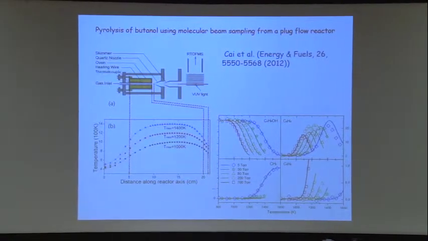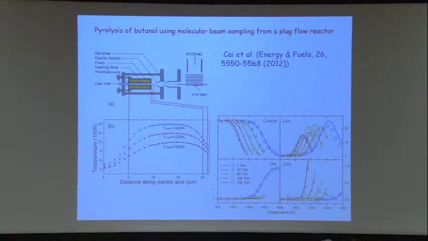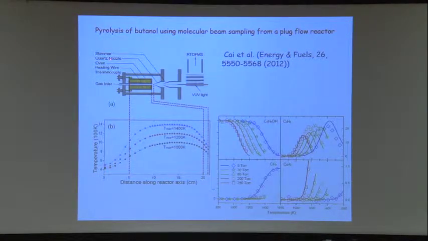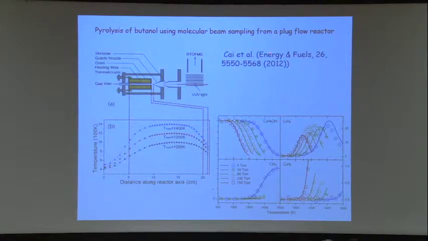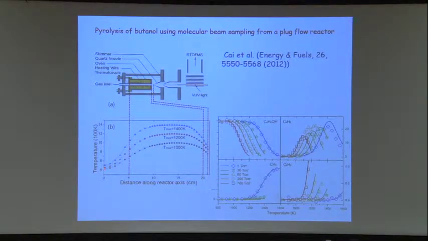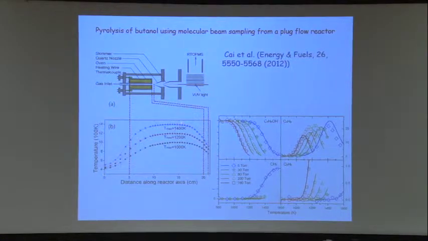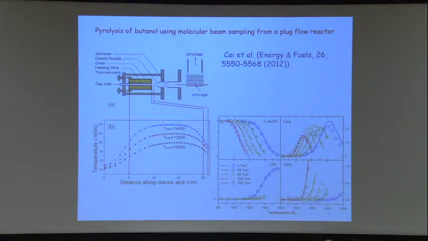And then this is a different sort of flow experiment. This is looking at the pyrolysis of butanol. This is done in China at NSRL. And what they've got is a heated vessel here. And this is the temperature as you go along this cell here. 1000 K, heat it more, 1200 K, 1400 K. So the temperature isn't constant throughout the cell, but it's well defined and it's measured as you go along this cell here. And so the butanol comes through here, dissociates, and then you have a